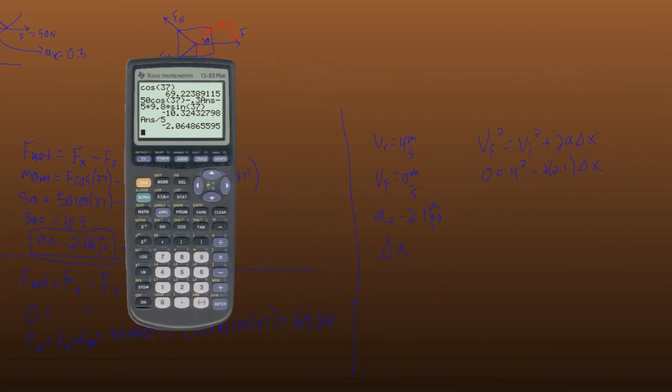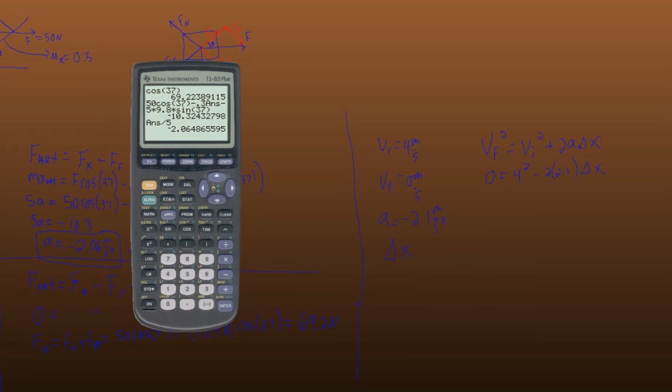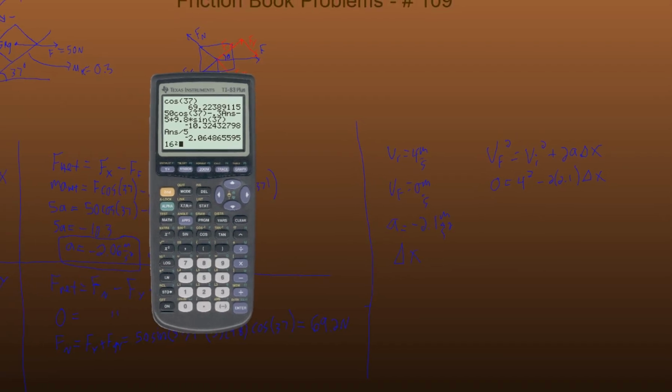So we get negative 16, but we bring it over here and it becomes negative 16. So anyway, the negatives are going to cancel, right? So let's just do 16 divided by 2, divided by, let's just do a negative to get rid of the negative that's already in the answer. And that gives us a distance of,